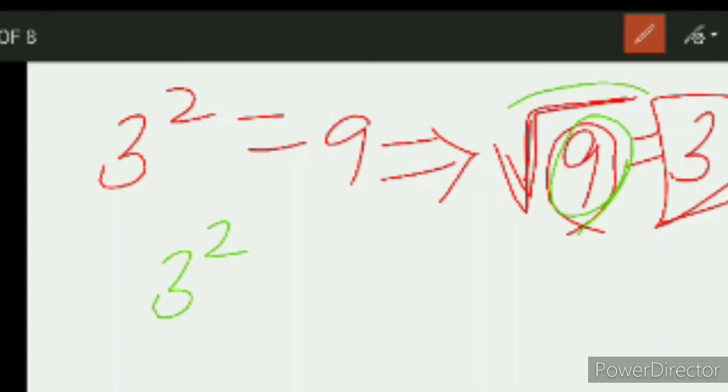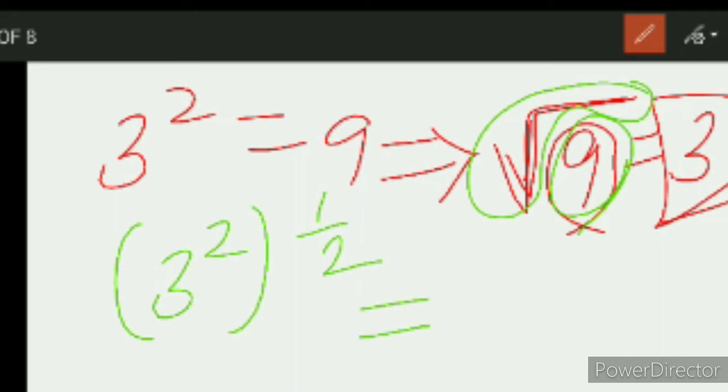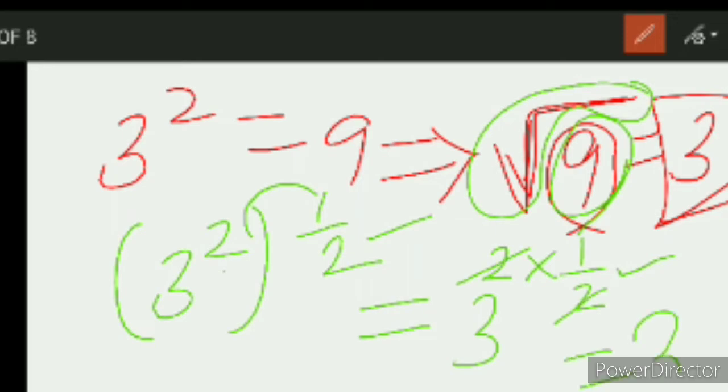Right? Instead of this square root symbol, we can write 1 by 2, that is index form. According to the exponent's third law, these two are powers. That is 3 to the power 2 into 1 by 2. According to the third law, we should multiply the 2 exponents. Any number which has 2 exponents, we should multiply them. That only I am following here. 2 into 1 by 2, these two are powers. The 2 and 2 cancel. 3 to the power 1 value is 3. That is the answer.